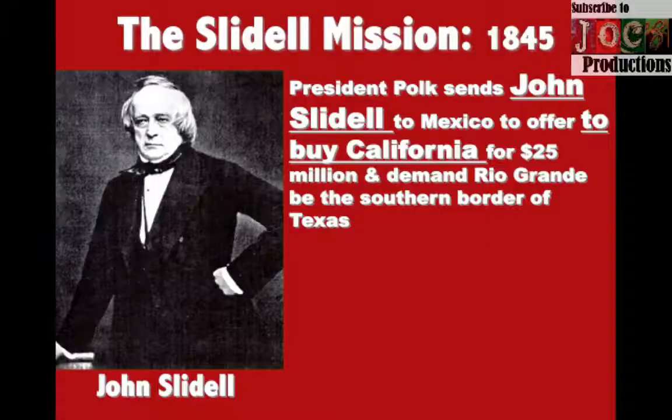So he sends his boy, John Slidell, to Mexico to offer to buy California for $25 million. And he also wants to kind of sort out this border situation. He wants Mexico to accept the Rio Grande as the southern border of Texas. So John Slidell goes there. He wants to present his case, and Mexico has no interest in selling California because there's two things in life, ladies and gentlemen. Money can't buy love, and it can't buy